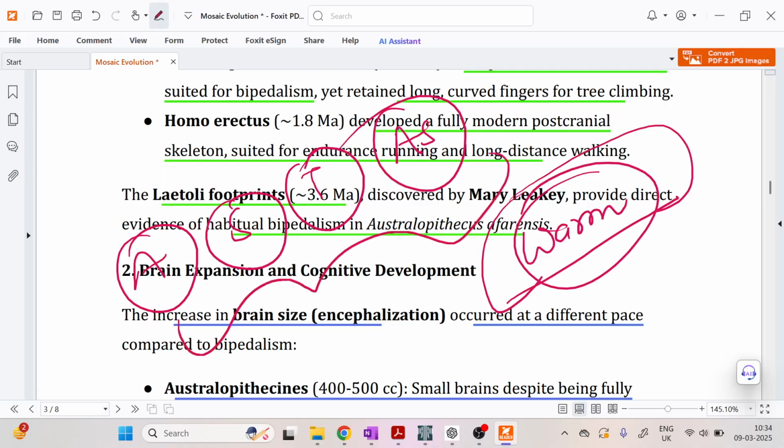Now here, to avoid predation you need to walk fast, you need to cover a long distance in a short amount of time. And then the natural selection favored those species that had a precedent, a characteristic